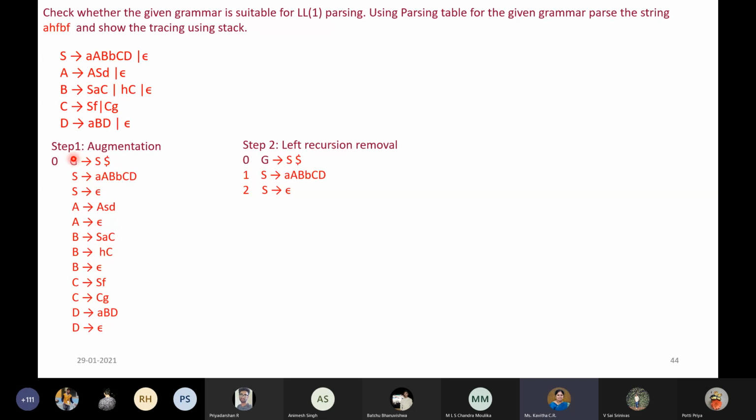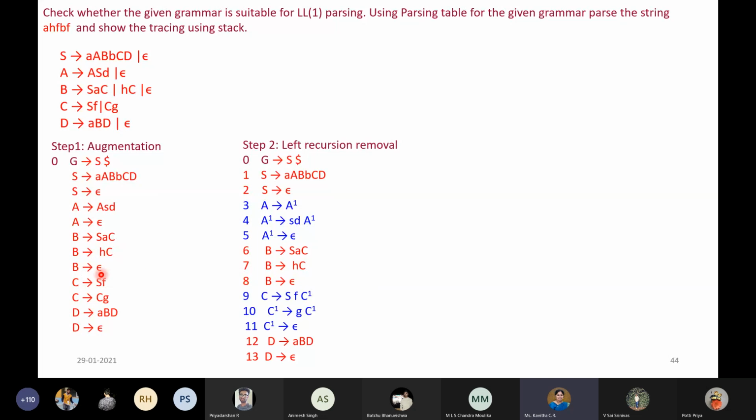So first let us start from rule number 0, 1, and this one, S. Corresponding to S, there is no issue because there is no left recursion. We can continue further. But with capital A as a non-terminal, we have left recursion, so it has to be removed first. Here it has been removed. So A goes to S D A prime, and the other option is epsilon. We will have to introduce the unit production here, and then continue. These are the rules. For B also, we don't have any left recursion. We can take it as it is.